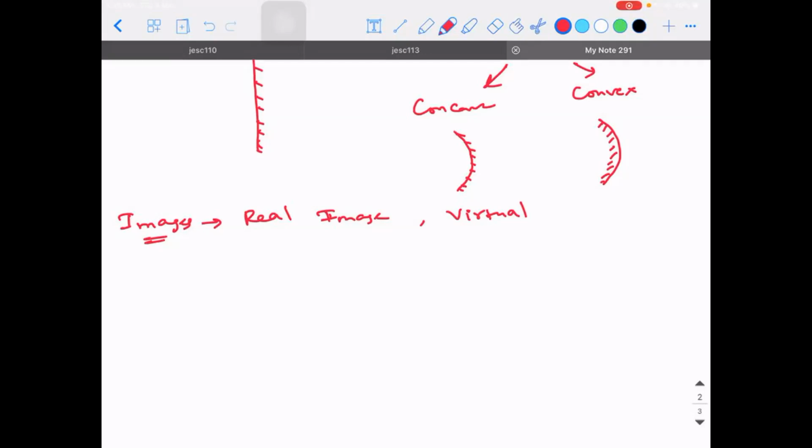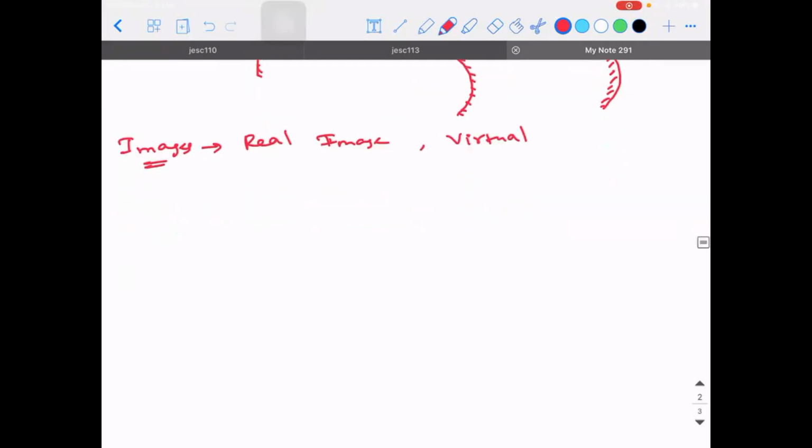Virtual image. How? Okay. So, how are we going to actually show that it is going to form the virtual image? Suppose I have a plane mirror, and I have an object AB, which is placed like this. If I ask you to complete the ray diagram for it,